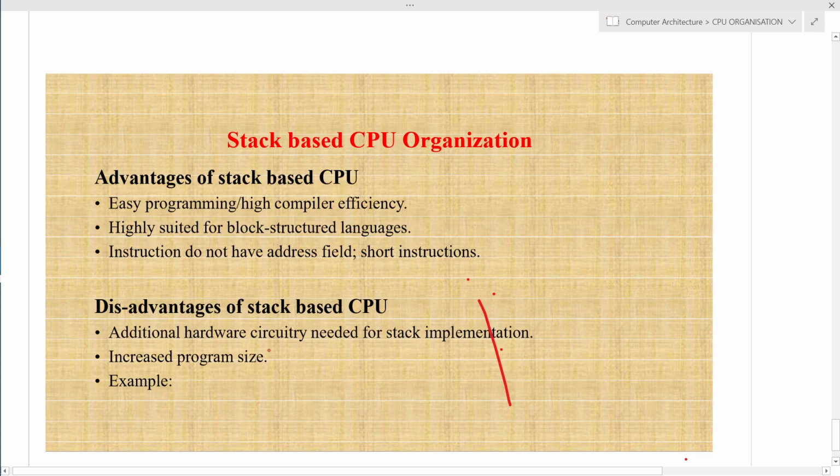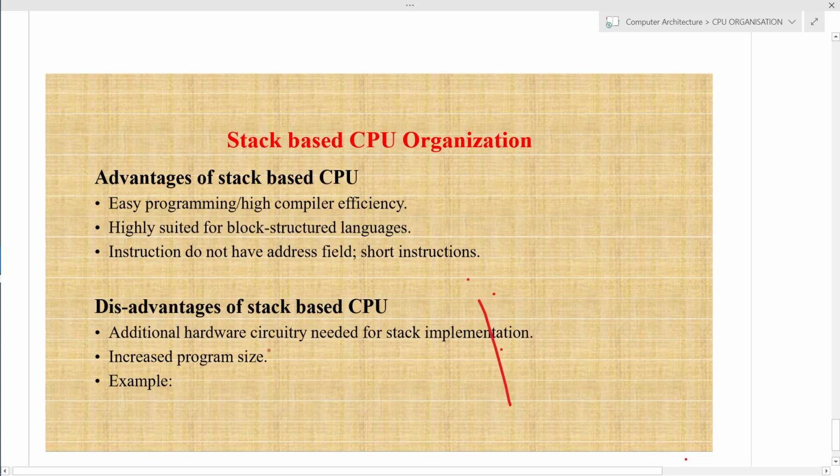If the number of steps is more, then the execution time t, which depends upon N, the number of instructions, and S, the average number of steps for each instruction, will also be high, so execution time will be more.